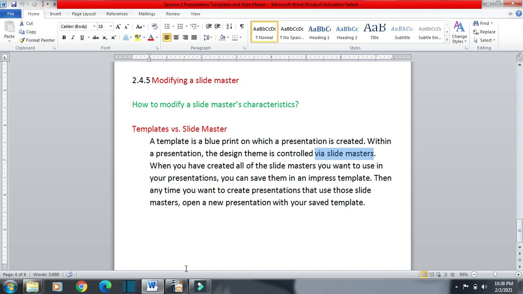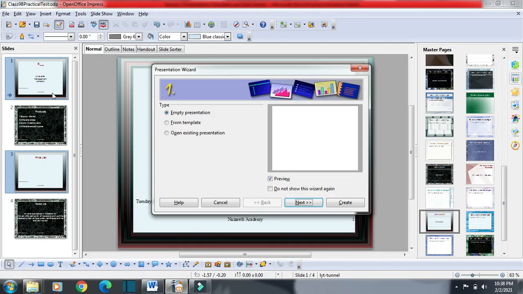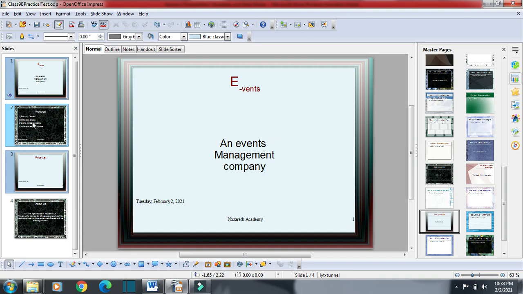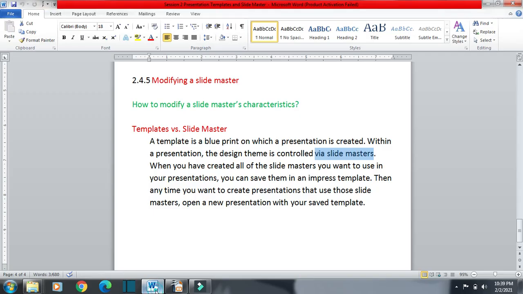So suppose these were 4 slides available as a template and I wanted to change the formatting. Then what I did, I just used the slide master and it got applied to all the slides.